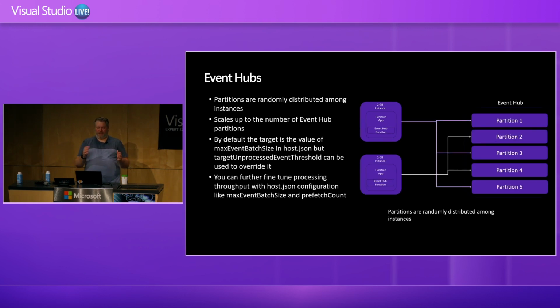And that's when the platform scales out, and those two instances kind of balance out between them, reading from those partitions. And this keeps happening over and over again until you end up with one instance of the app per partition, processing as fast as possible from that partition. And then beyond that, you either have to increase the number of partitions of your event hub, or you need to scale up your app so that it processes faster from the same partition. So those are two approaches.